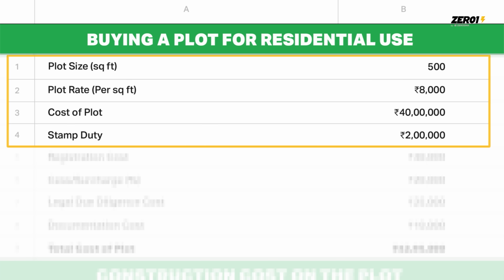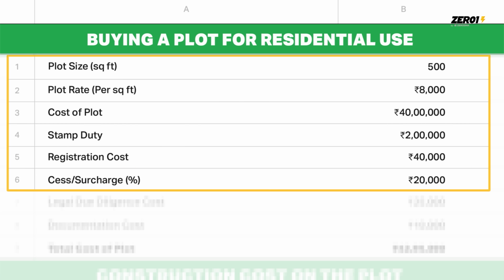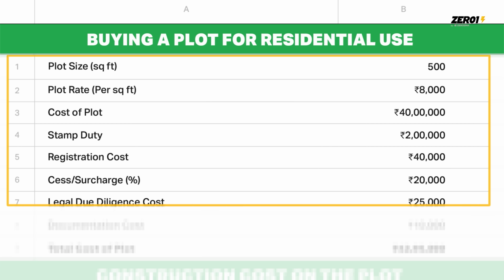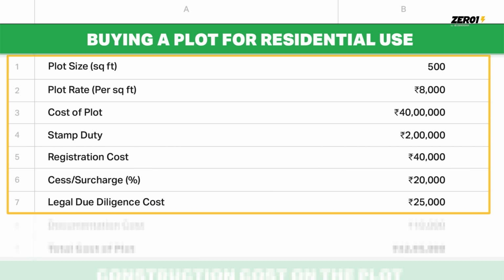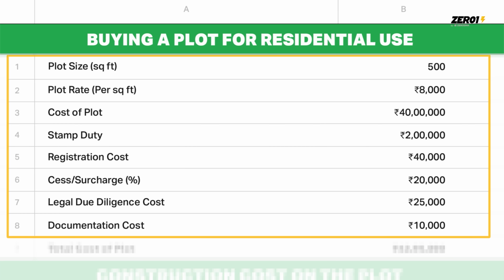There is a registration cost, which is 1%. That's 40,000 rupees. So I'll add that as well. And there's a cess surcharge, 20,000. There's legal due diligence, 25,000. Now, this can be any amount, of course, but I think 25,000 is pretty fair. Documentation, about 10,000 rupees. And our cost, the 40 lakhs, after all these costs, which we'll add, has become 43